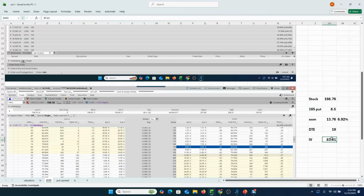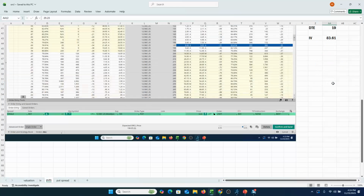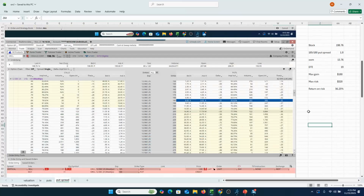But because of that huge jump in IV from under 30 back then, right, to over 80 now with the stock at about the same price, provides a huge pickup in option premium. So a couple trades we're looking at: a simple, basic, defined risk put spread, looking back to that June 13th time